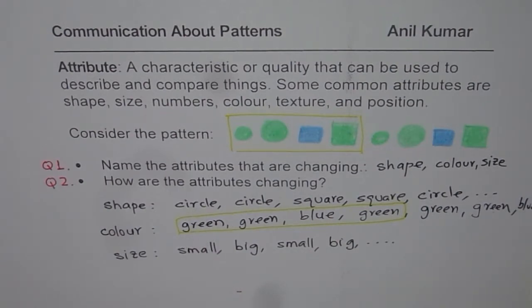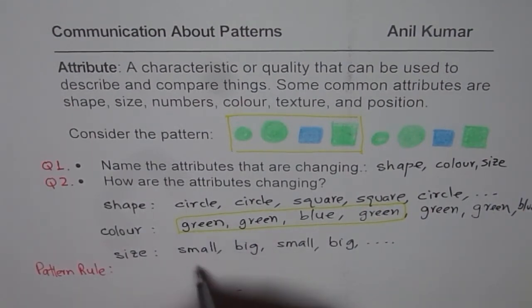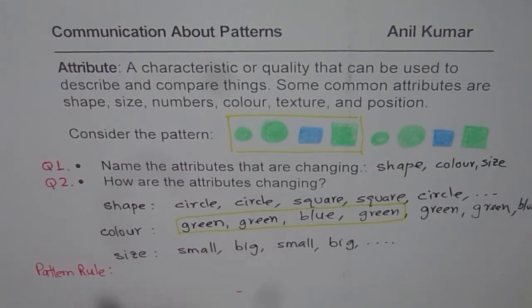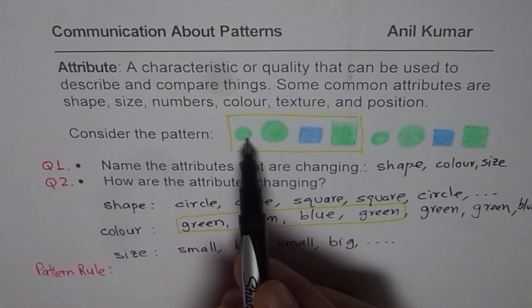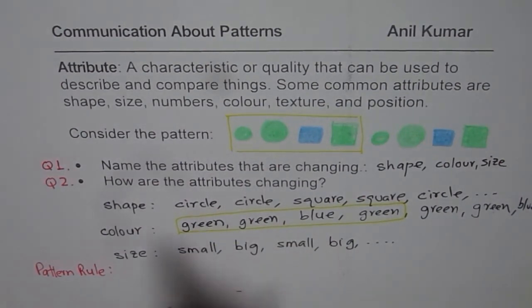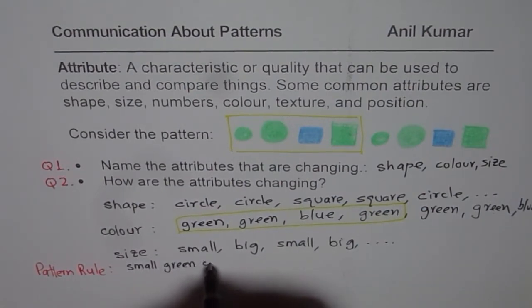At times, you can write a pattern rule by combining these to describe the complete pattern, right? So let me write down the pattern rule also. So we'll combine all three. So three attributes means we have three words to describe each position, right? So what we have here is a small green circle. So first we have small green circle,